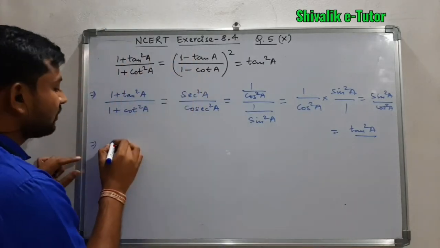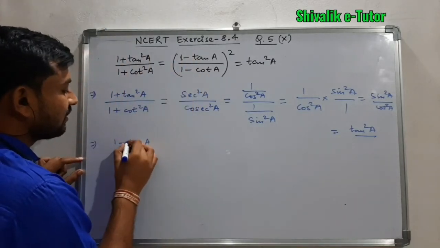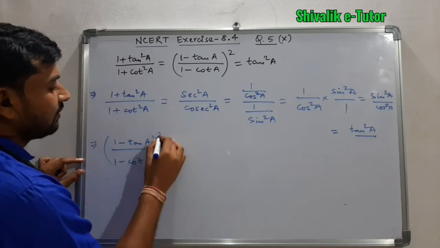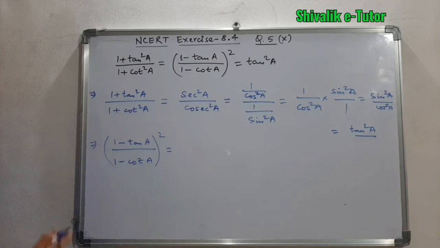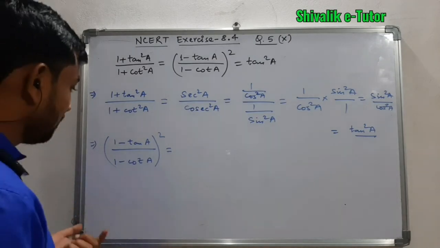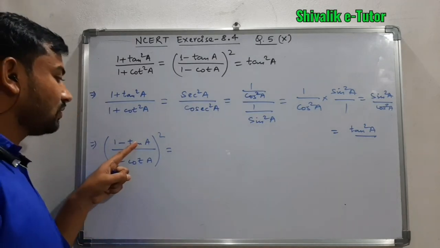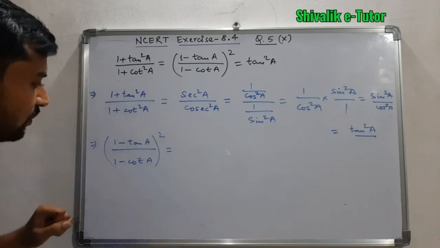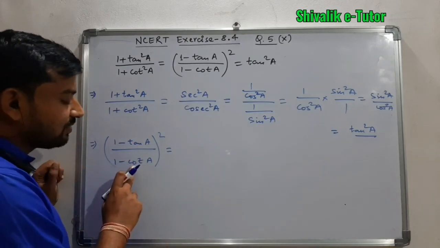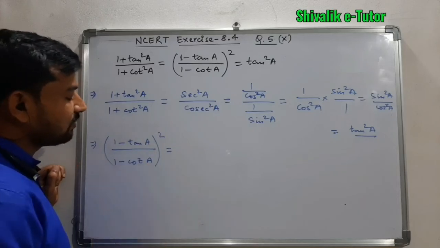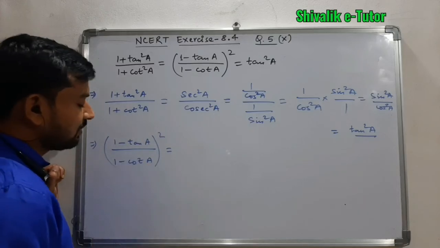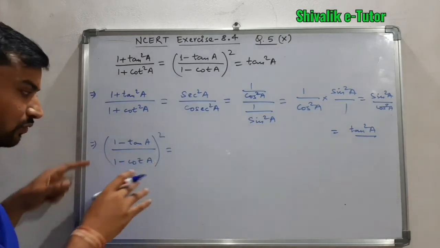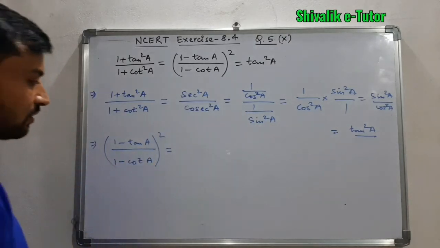Similarly, we can consider this one, 1 minus tan A upon 1 minus cot A whole square. This can be done in multiple ways. The first method is very simple. हम इसको tan या cot को किसी एक को convert कर दें, reciprocal ले लें. Suppose I convert this into tan A. The whole expression will be having tan square A outside of this whole square, then the whole square will be having the same term, so that will be cancelled.